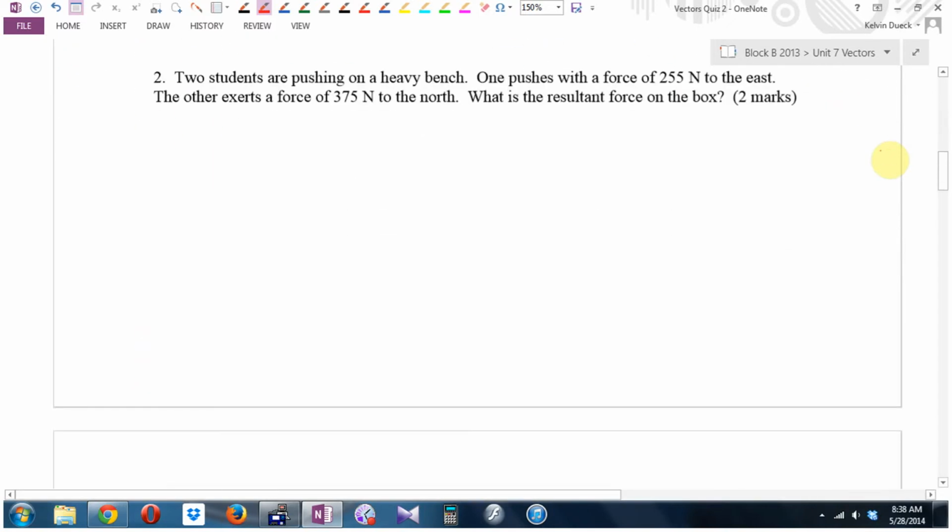Two students are pushing a heavy bench, okay? One pushes with a force 255 newtons to the east. One pushes with a force 375 newtons to the north. What's the resultant? Okay. 255, 375,